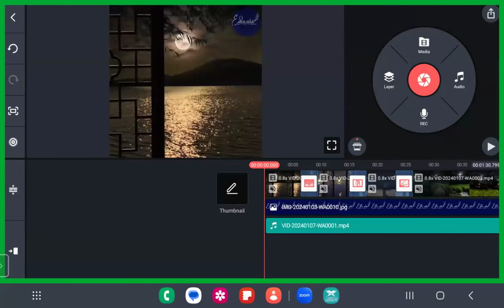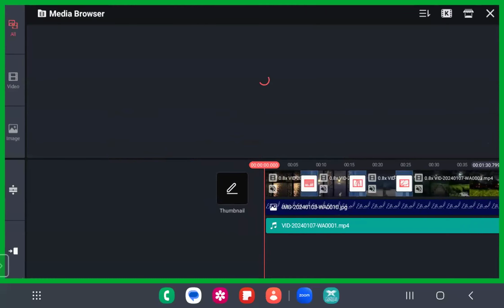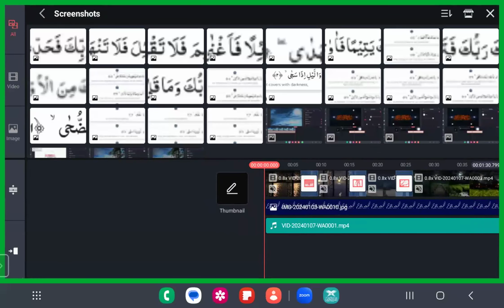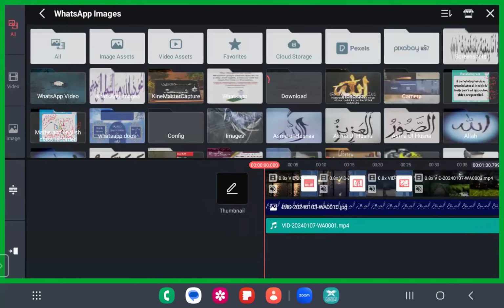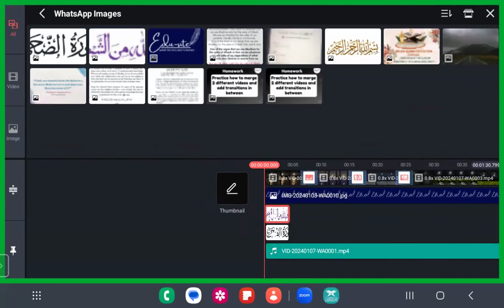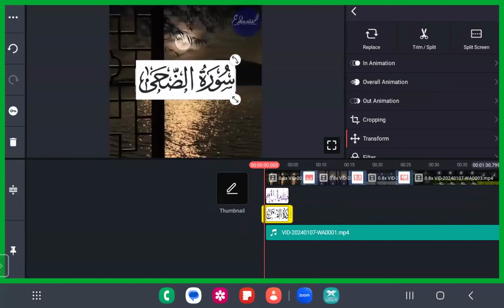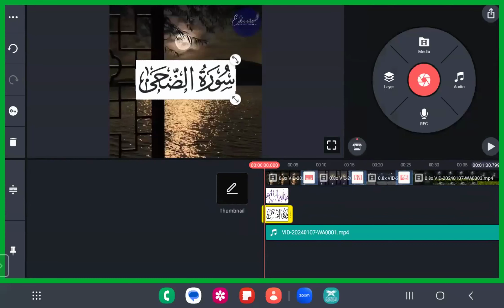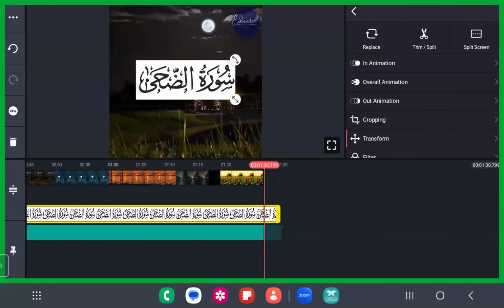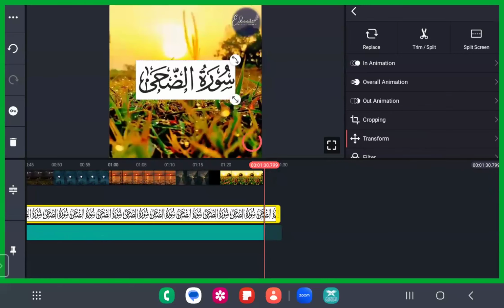Okay, after that, let me start with the Quranic ayahs. What more? If we can add one thing, as I have sent something called Surat al-Duha, one thing that should be seen throughout. You can just add Surat al-Duha there. So this is not it. Okay, this one, Surat al-Duha. That should appear till the end, right? So increase the duration from first to last. Okay, the duration is till the end of the video.